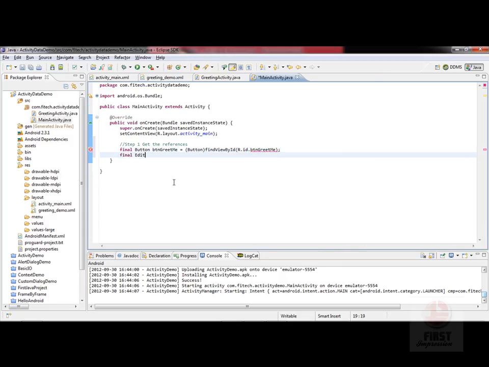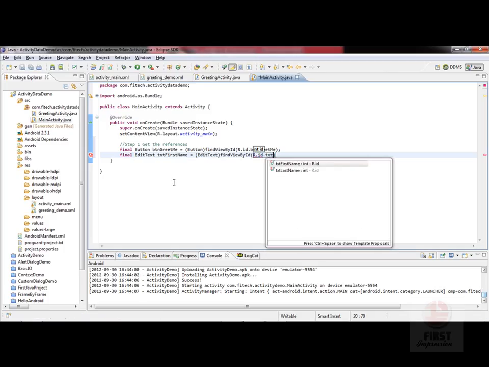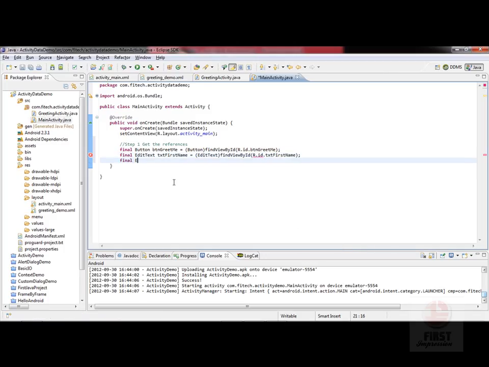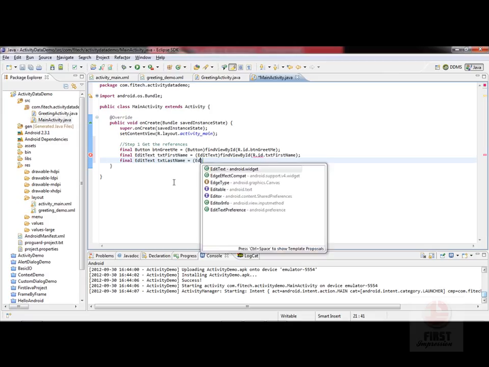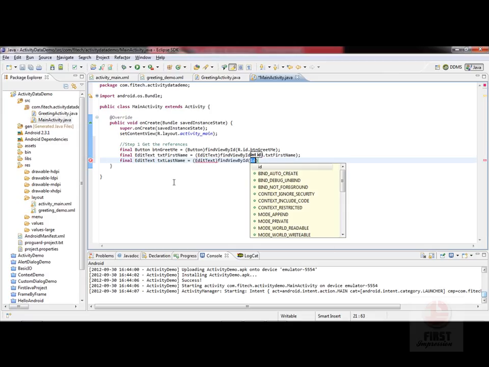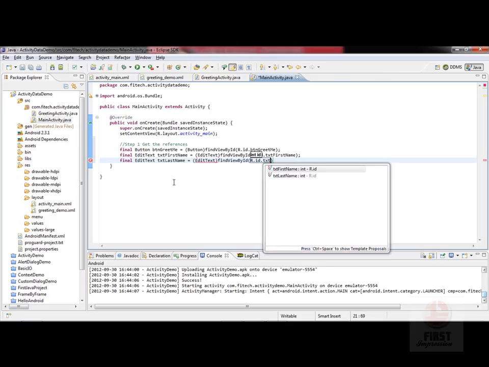Then final EditText txt_first_name equals to EditText findViewById